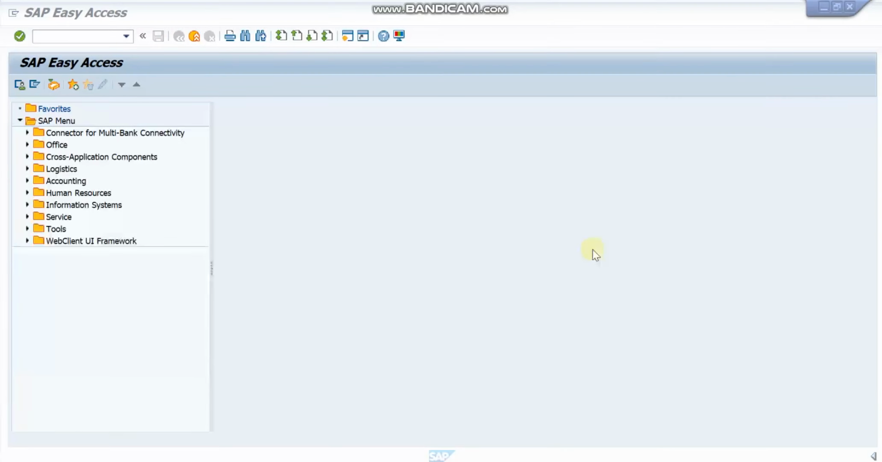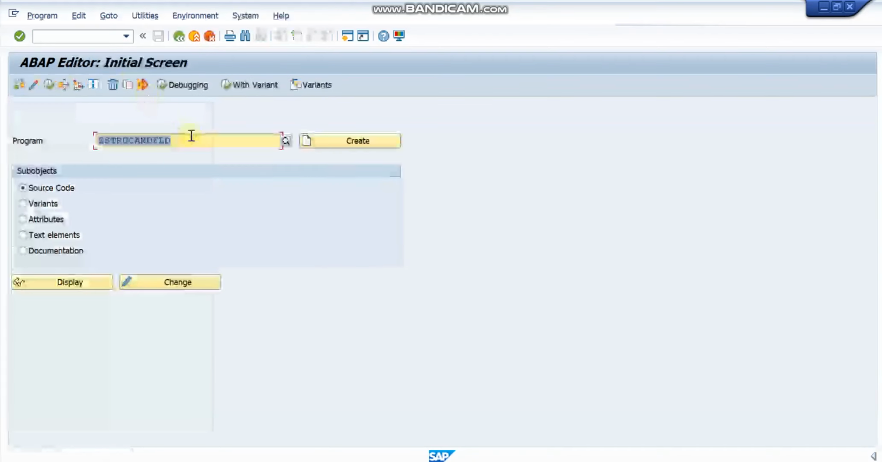In today's video, we will be discussing the difference between structure and field symbol. Let me create a simple program and I will show you the difference between the structure and field symbol by debugging the simple program. So let me just create one